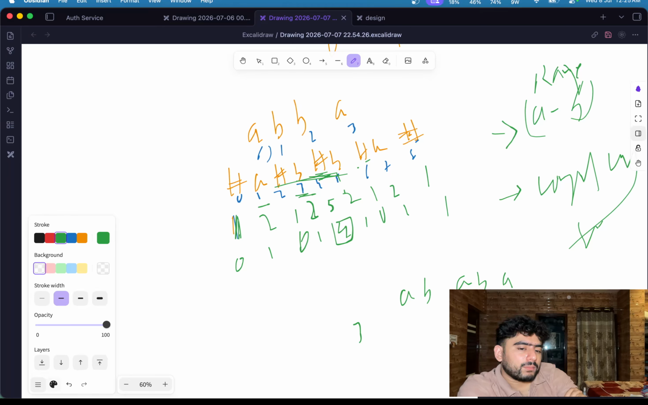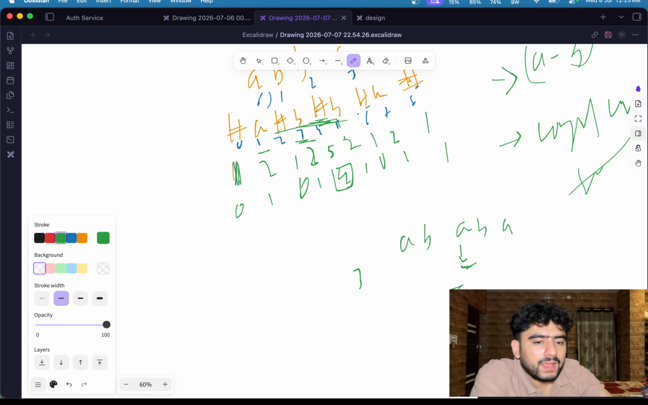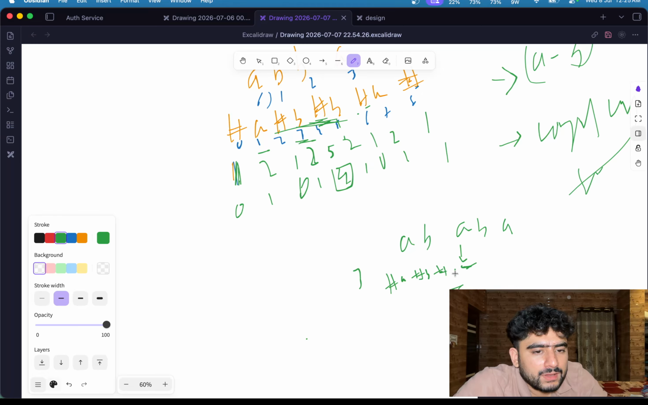So we have something like 4, 5 divided by 2, which is going to be 2. So our start index is going to be something like, first we have to map this index. For that mapping, let's define a string only: hash a hash b hash a hash b hash a. So it's going to be something like 0 1 2 3 4 5. So 5 divided by 2,